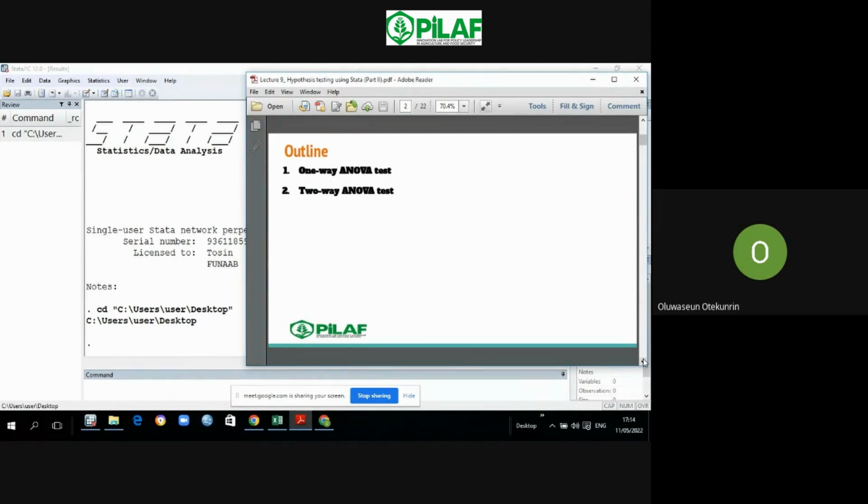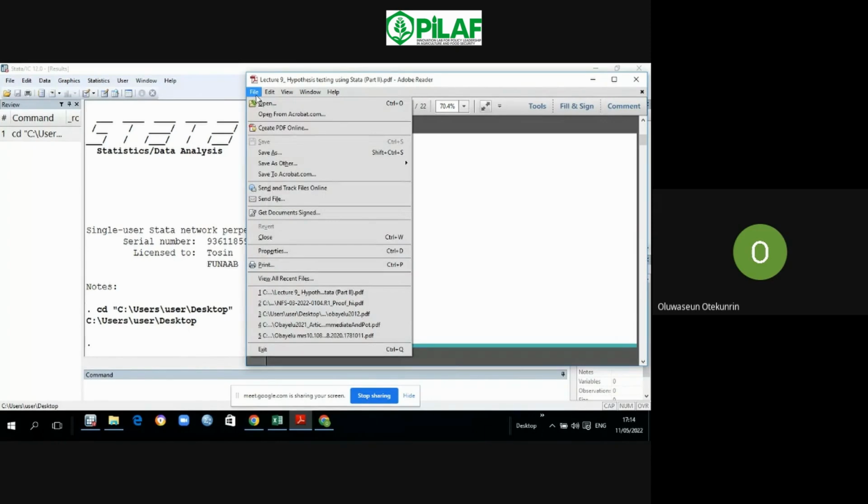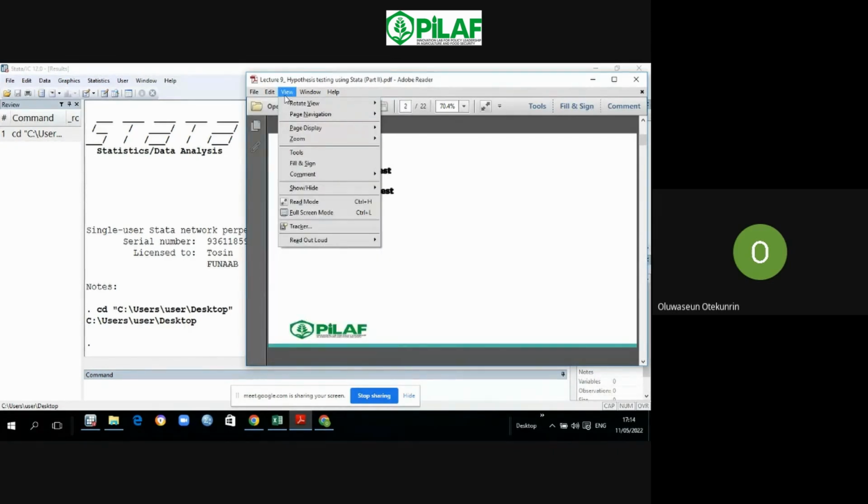The dependent variable should be continuous or quantitative. Then you have the independent variables. The observations should be independent. Then apart from the observations being independent,